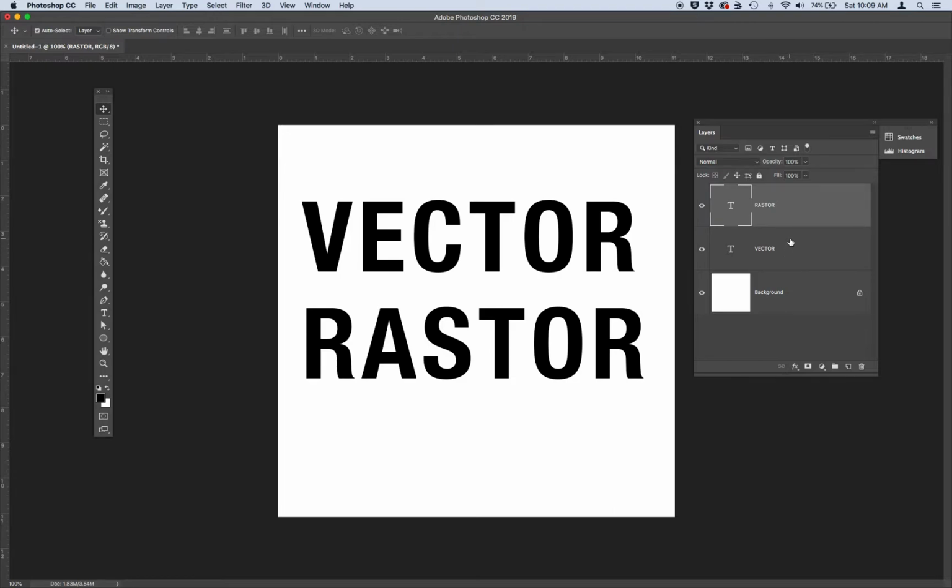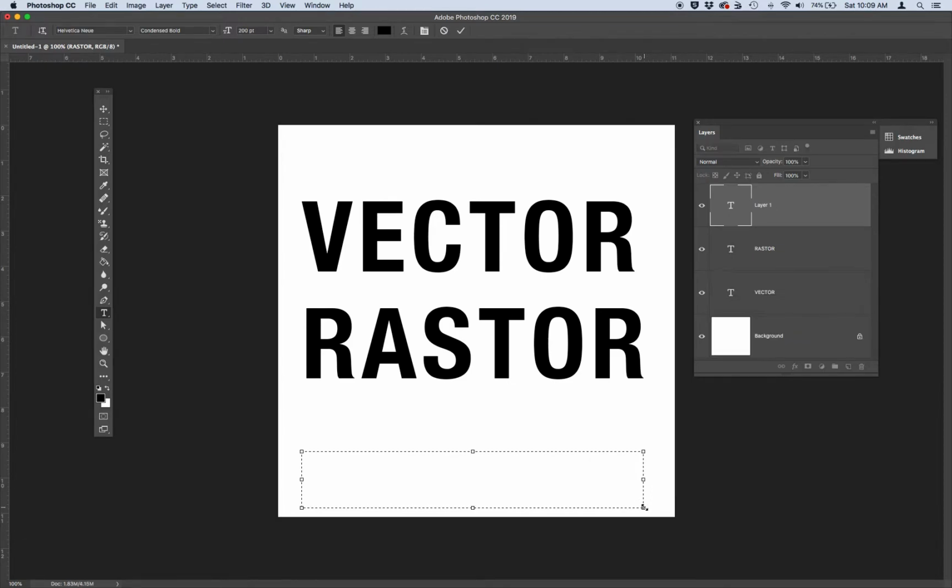And then the next thing I want you to do is use the horizontal type tool again. And this time, instead of just clicking and typing, first I want you to create a text box, very much like Illustrator or InDesign. The way that you do this is you click, oops, I didn't want to activate that layer. I'm going to click a little lower and drag, and you'll see it's creating this marching ants. This is the size of my text box. So I've clicked and dragged, and then I'm releasing my mouse, and I'm going to click within this box, and I'm going to write,